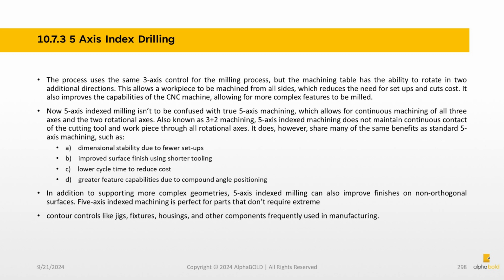Now, 5-axis indexed milling isn't to be confused with true 5-axis machining, which allows for continuous machining of all 3 axes and the 2 rotational axes. Also known as 3+2 machining, 5-axis index machining does not maintain continuous contact of the cutting tool and workpiece through all rotational axes. It does, however, share many of the same benefits as standard 5-axis machining, such as